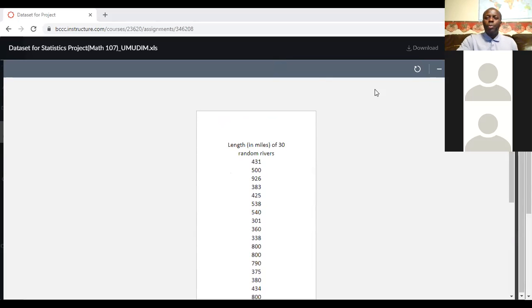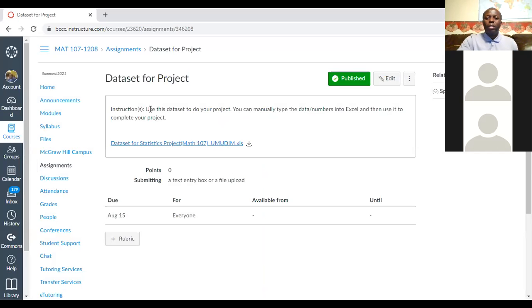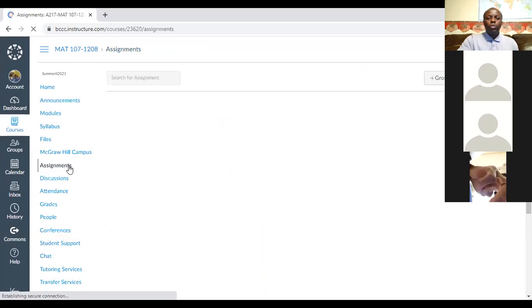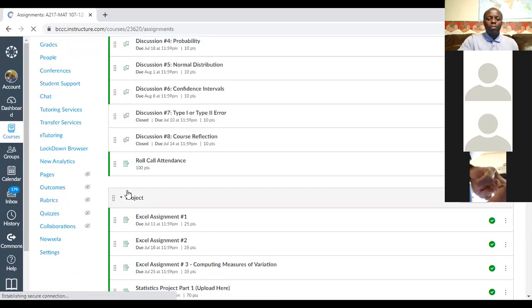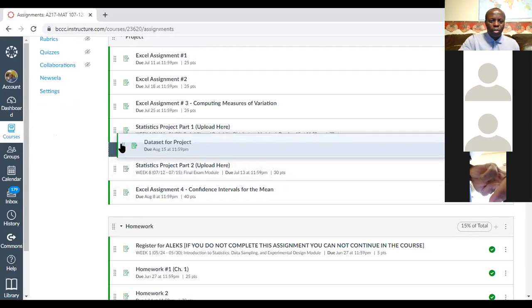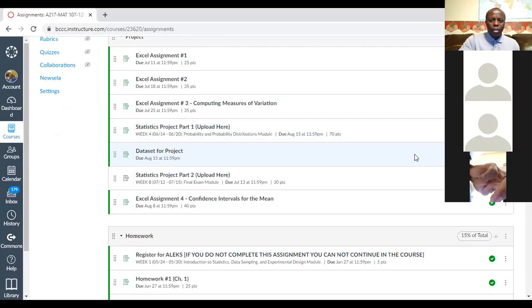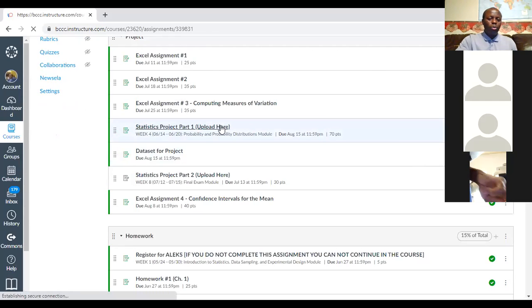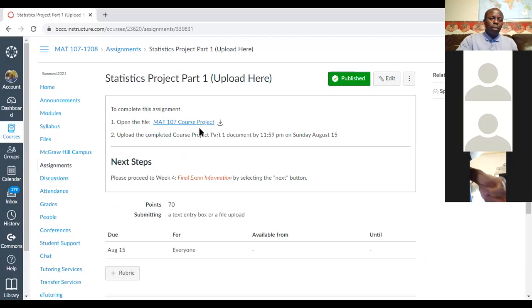Now, some people ask me, how do we put Excel work inside a project? Well, I can show you now. Suppose this is the project. I think I'm going to move this so that they'll be together. This is the one that you're going to do. It is due on August 15. I think this is it right here. So this is the project right here. If you click on it, let's say that you want to upload,